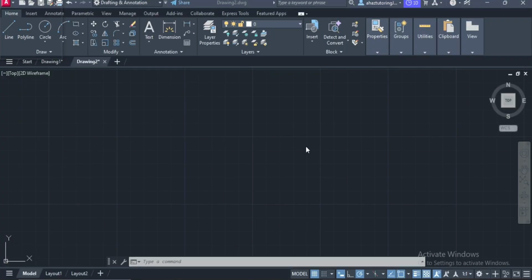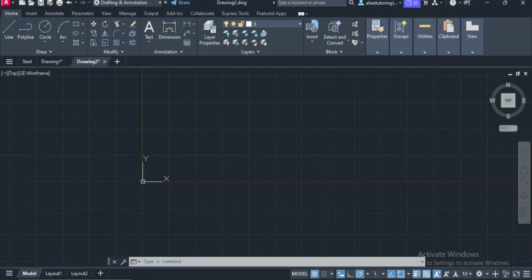Hey everyone, in this video, I'm going to show you a step-by-step tutorial on how to import an Excel table to AutoCAD. Tables are commonly used in technical drawings to display schedules, quantities, material lists, equipment information, and other project data. If you already have a table prepared in Excel, there is no need to recreate it manually. One of the quickest methods is to copy the table directly from your spreadsheet and paste it into your AutoCAD drawing. This approach can save time, reduce data entry errors, and allow you to bring existing information into your drawing